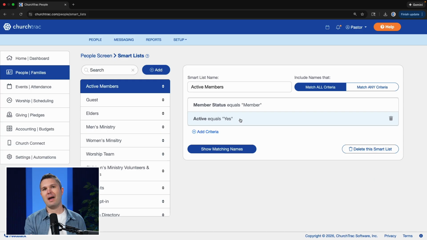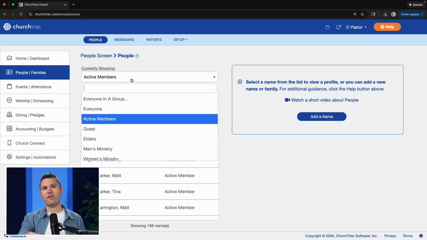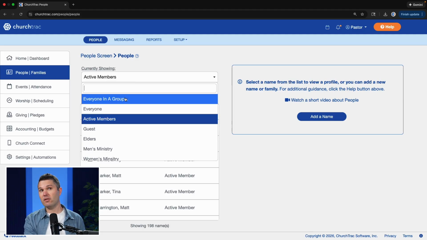And so if a person matches those specific criteria, they are going to show up on the Smart List. I can just select show matching names, and it takes me right back to the people screen, and it's showing 198 names now instead of all of the names in my database. And you can select here which Smart List of people you'd like to see,